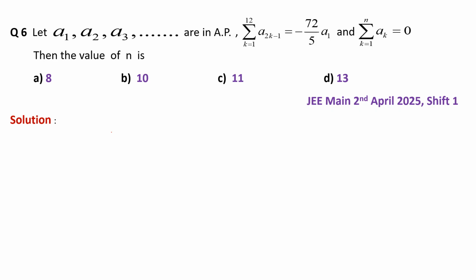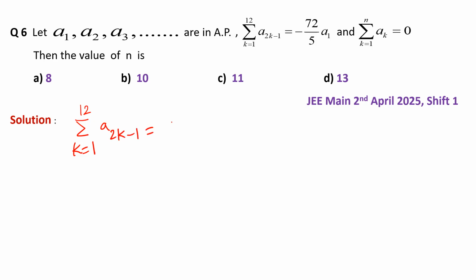It says, let A1, A2, A3 and so on are in arithmetic progression. It is given that summation k varying from 1 to 12 a2k minus 1 equal to minus 72 into a1 divided upon 5 and summation k varying from 1 to n ak equal to 0, then the value of n is. Now students, summation k varying from 1 to 12 a2k minus 1